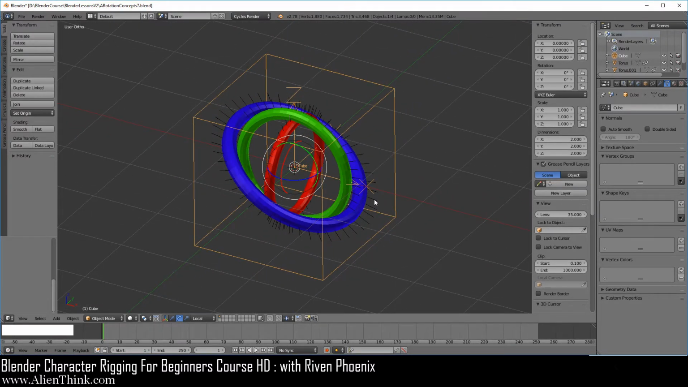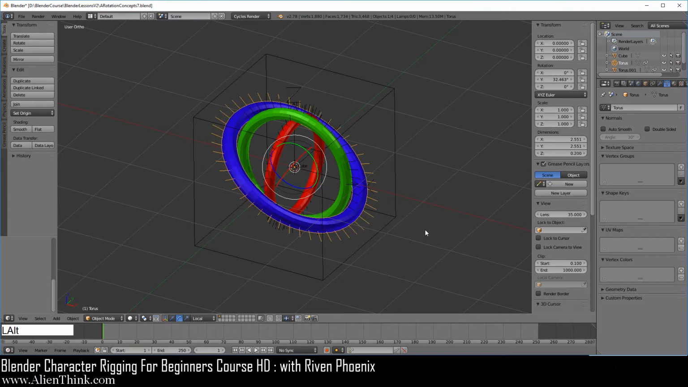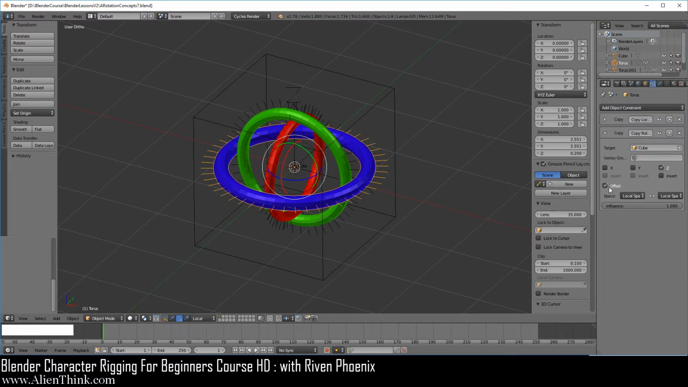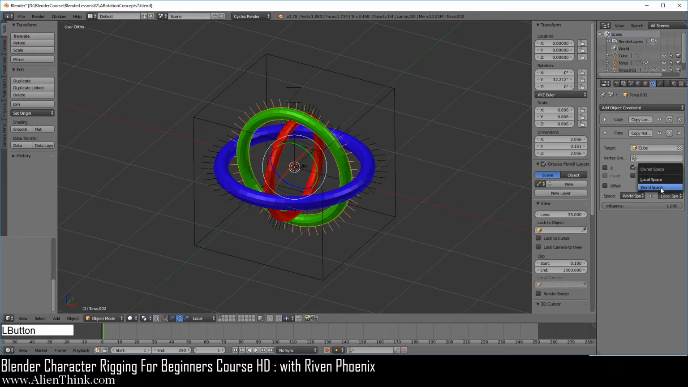Now what I want you to do is go ahead and click on this blue ring, do Alt R to reset the rotation. Go to the constraints tab over here. We're going to turn off offset, switch this back to world space in world space. Go ahead and click on this green ring, turn off the offset, do world space, just do Alt R to